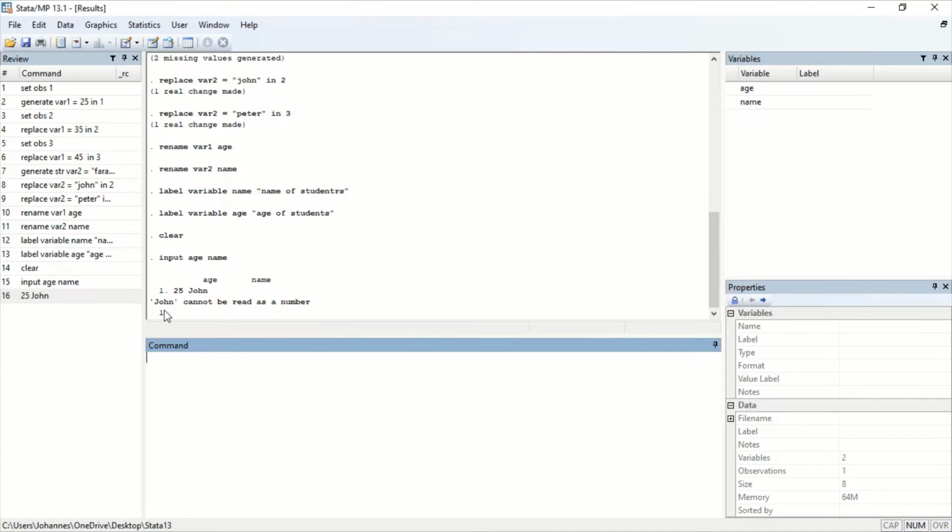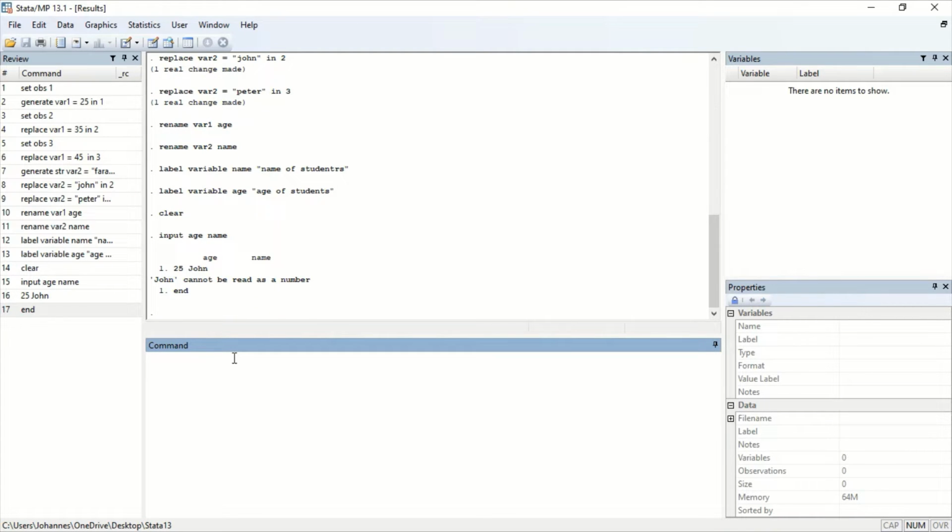If you made an error, you go to your review window and look for the command that is an error, right? So in our case, the command that is an error is the input. We need to specify that this name is not an integer, it's a string. So what I'll do is say end. That's saying we are putting an end to whatever we have been doing. So I end, and I'm going to start. I'll just pick the command that is an error, this one, and